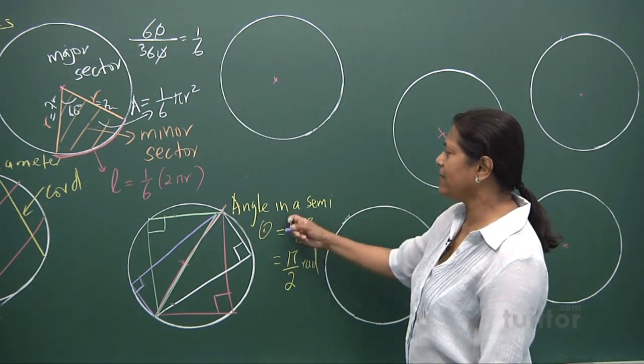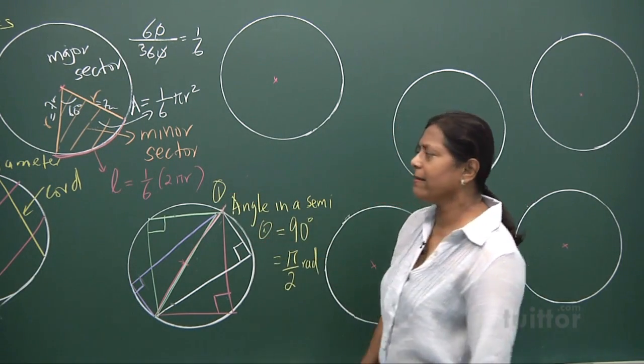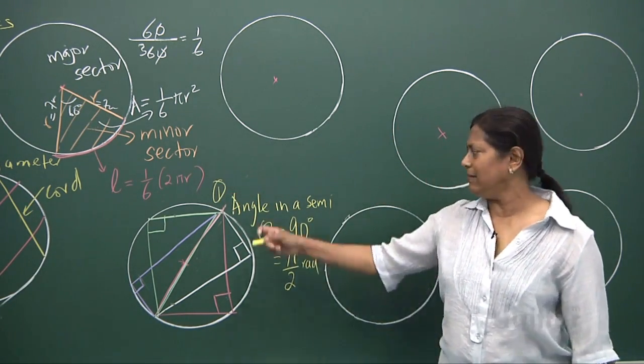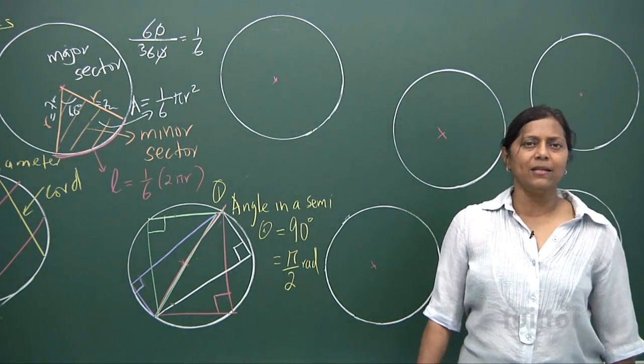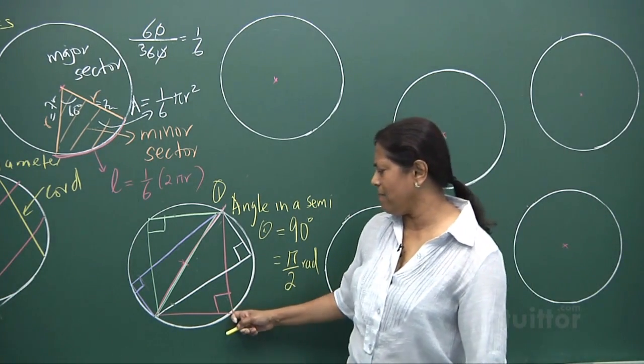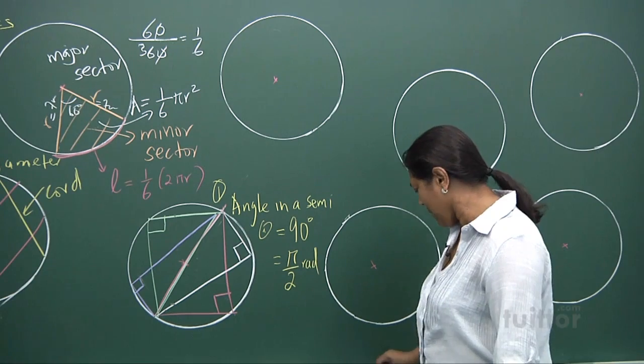Right, so that's your first property that you learned. Angle in a semicircle, half circle, is always 90 degrees. And remember, it must touch the circle. Got it? Good. Second property,